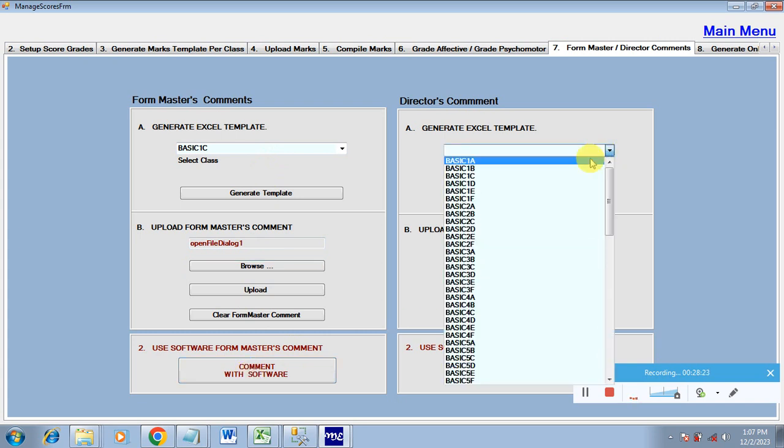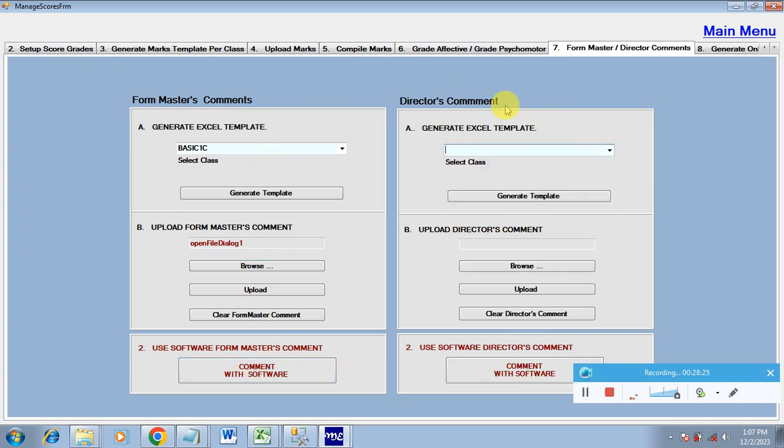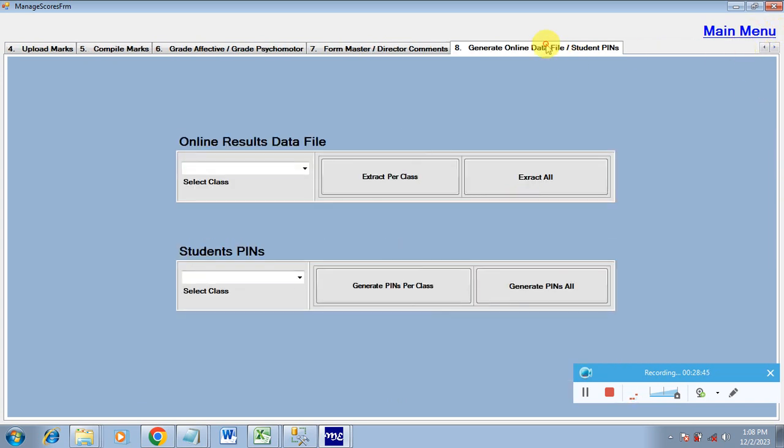The same thing is applicable to the director's comment. You generate the Excel template and give it to the director to sign, and then the director brings the Excel template back, or you do it for him. You can write and fill it, or the form masters will fill it. Then you upload it for the school. Then finally, the eighth one is